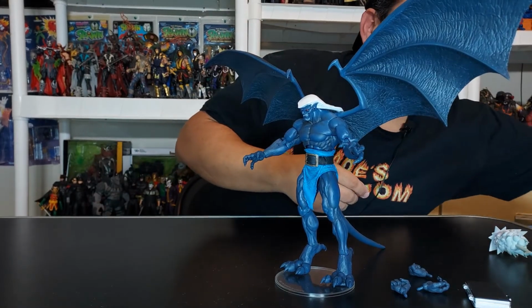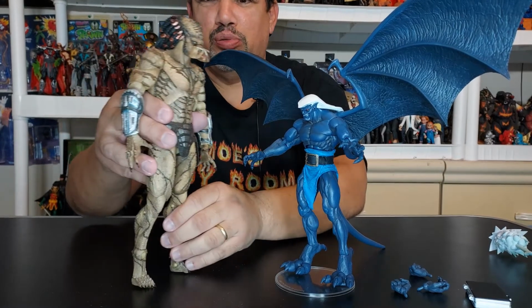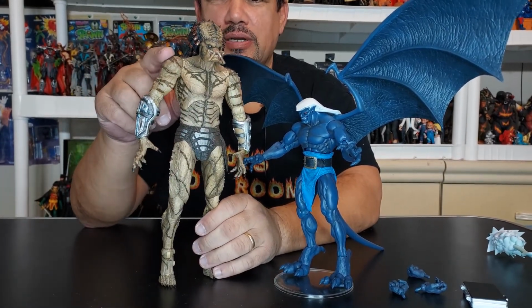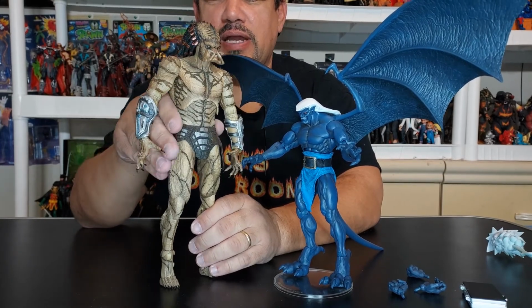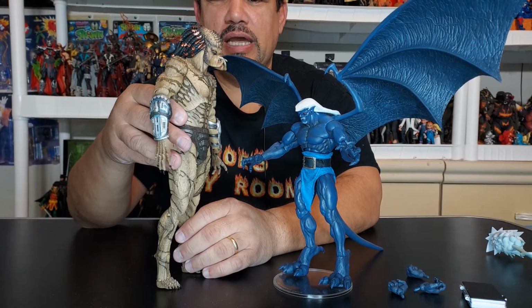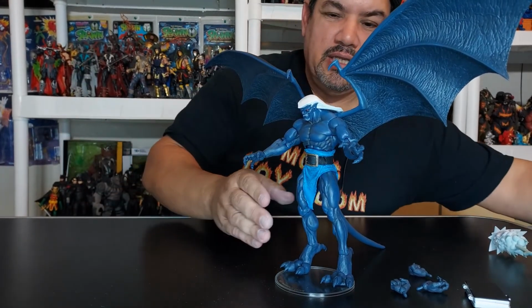All right. So now let's see how big he is next to the Assassin Predator. Yeah. This is a big cat right here. NECA does make this right here. This is the Assassin Predator. He is very, very big. That's how he would look. And then we want to see